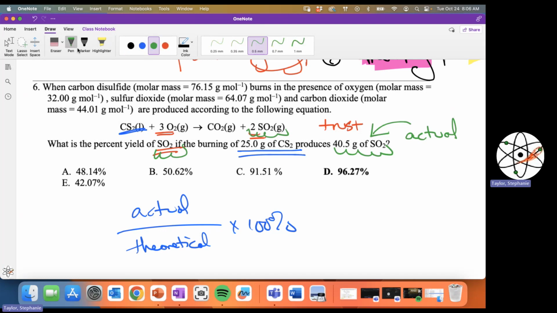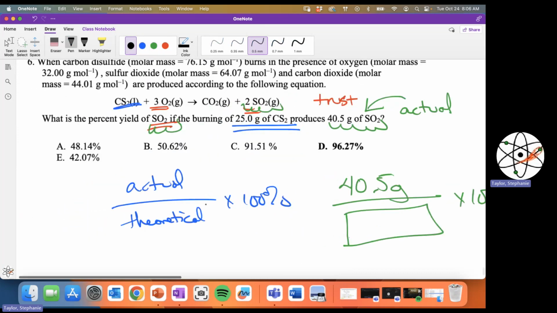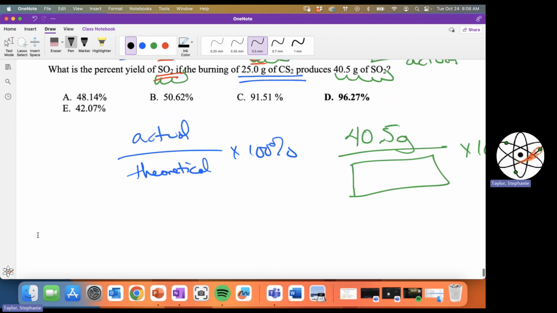So I do have my actual. So I have my 40.5 grams times 100%. I just need the theoretical. That's the only thing I need. And you know what? We can calculate that. So since I have 25 grams, that's what we're going to do. We're just going to calculate that. 25 grams of